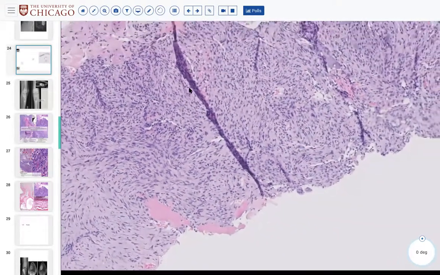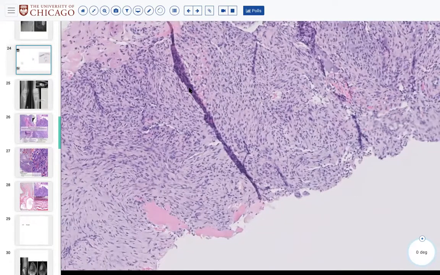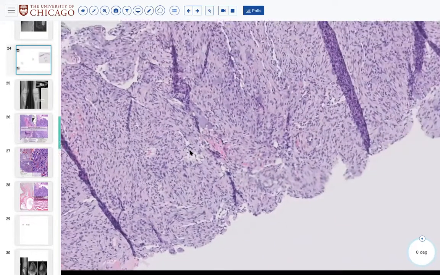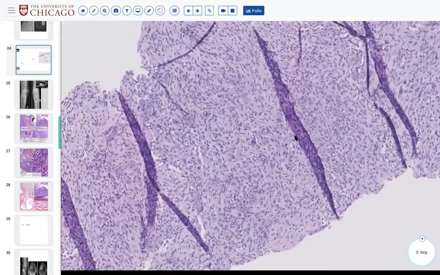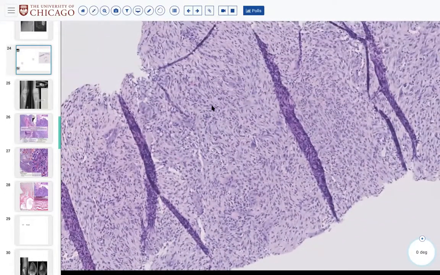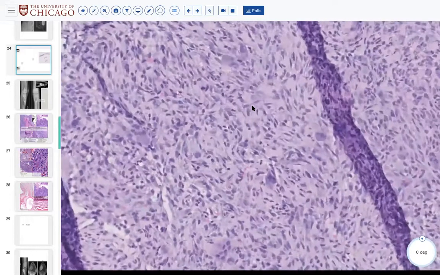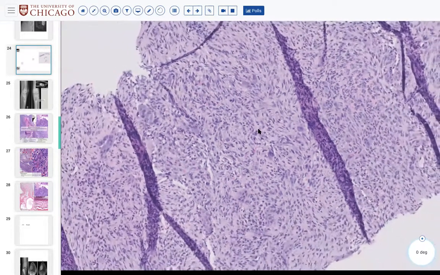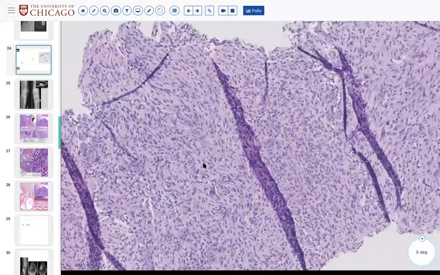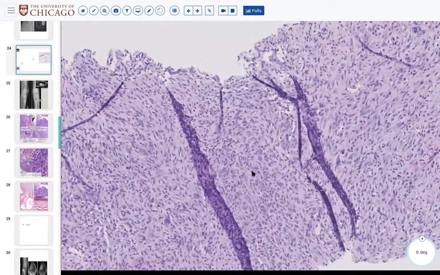Does it have nice sort of tight interlacing, carpet fascicles, or does it have a little more haphazardly arranged cells? Oh, it's more haphazard. Yeah, so that's one soft sign. These more haphazardly arranged fibroblasts that are sort of pointing in all directions with very wispy cytoplasm is good for the background in ABC, rather than those more tightly packed,